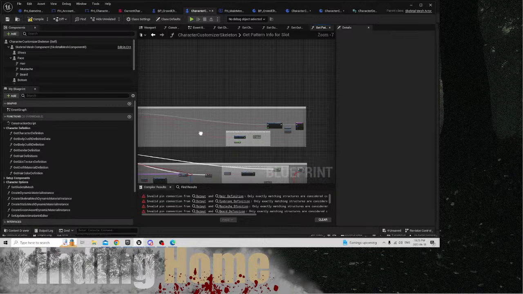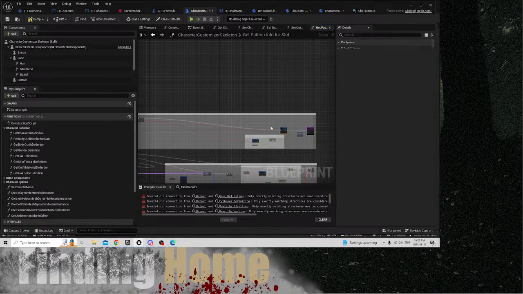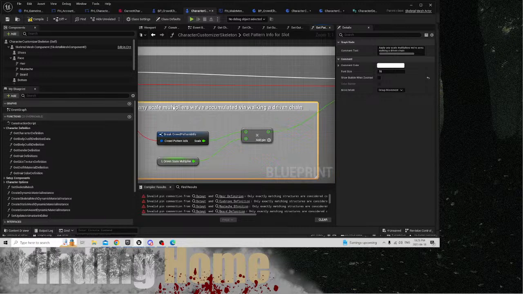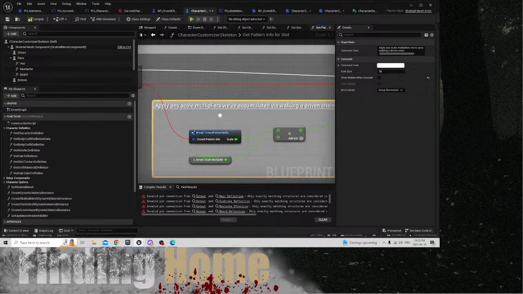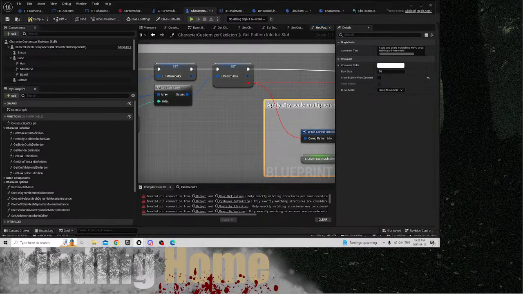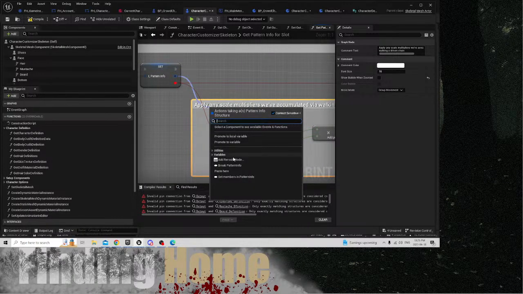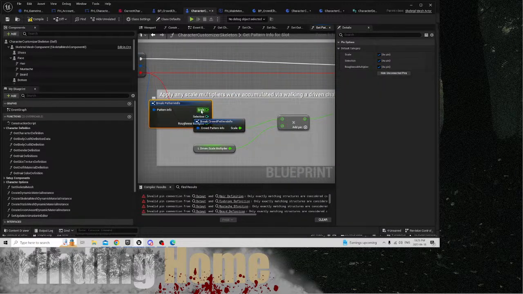Get rid of that. Apply any scale we've calculated via walking or driving chain. Oh, so break pattern info, scale,